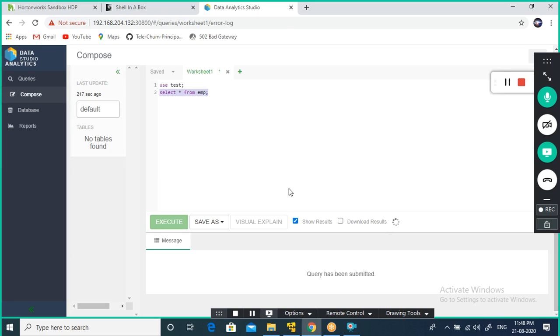The query has been submitted. My god, just now, I think it will show the output in a short while. The reason is that even for select star, it generates the map and reduce behind the scenes, the Java code. It submits it behind the scenes.